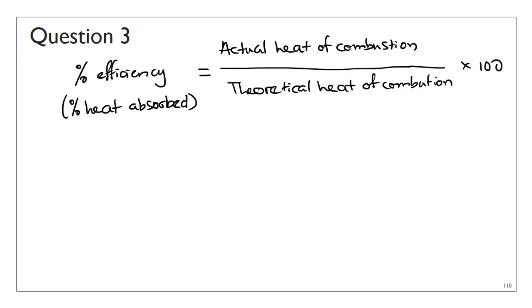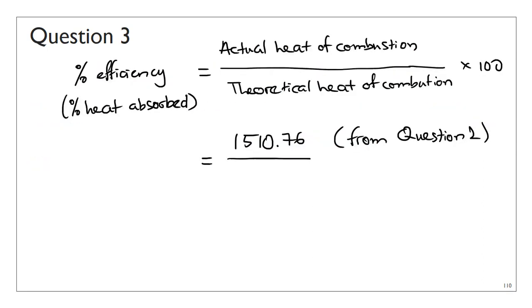So the actual heat of combustion from question 2 is 1510.76. I'm going to try to use the exact value here. This is essentially the answer that we just got from question 2. And the theoretical value which was given to you is 2021, and then times 100. I mean, it's looking good. It's not above 100%. So I get, we're going with 3 sig figs I think, 74.8%. So this is the percentage efficiency of the setup,